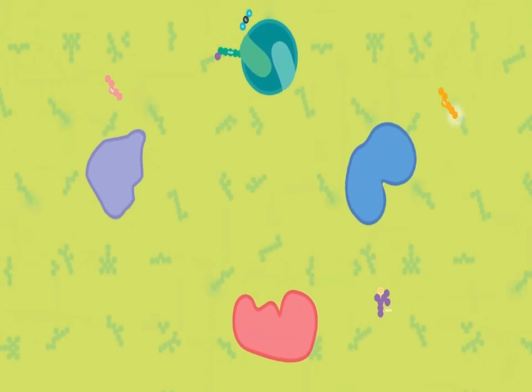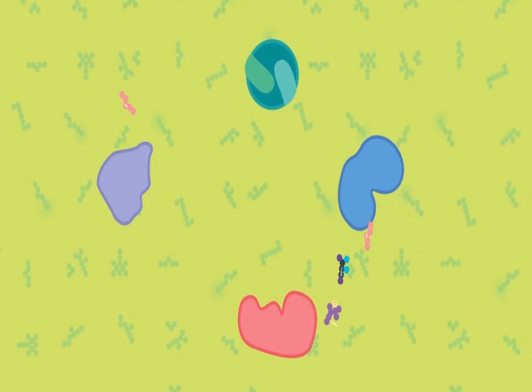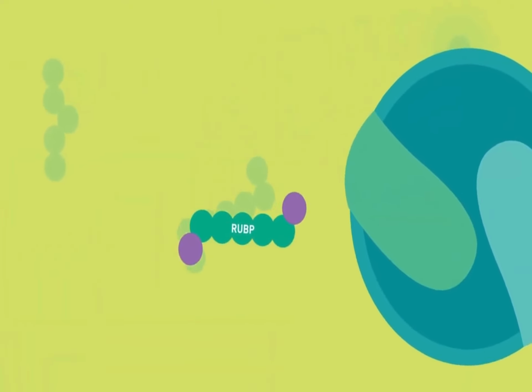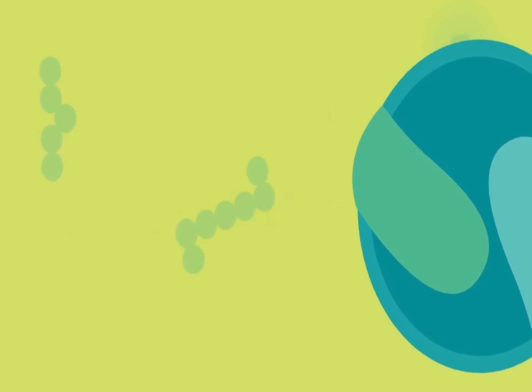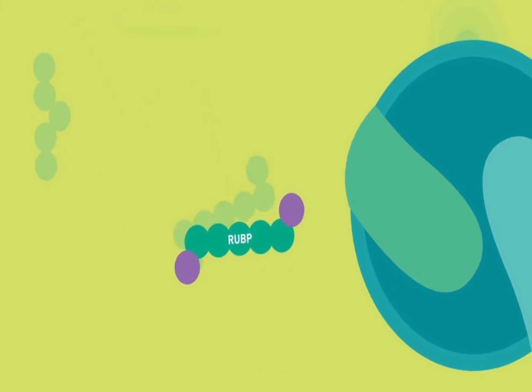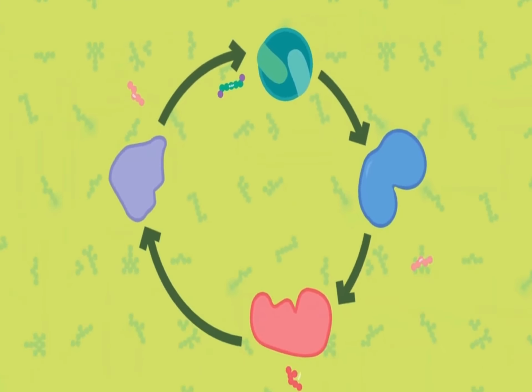This might sound simple, but in fact, the conversion of carbon dioxide to glucose proceeds through a series of reactions that start with ribulose bisphosphate, RuBP, and eventually end up with the same molecule, producing glucose in the process. Because this series of reactions starts and ends with the same molecule, they are referred to as a cycle, specifically